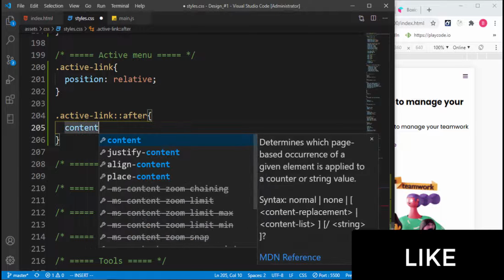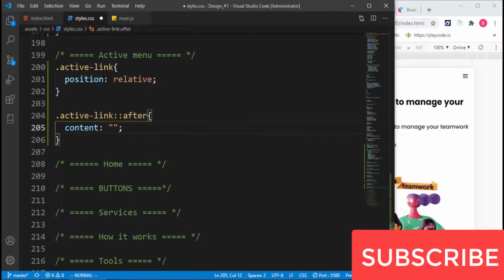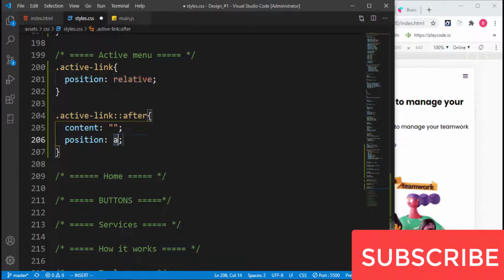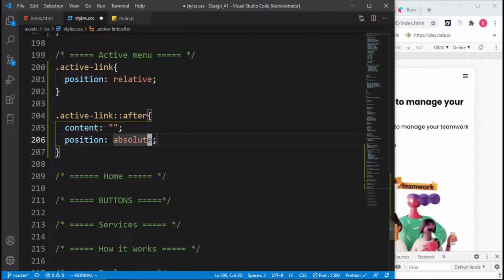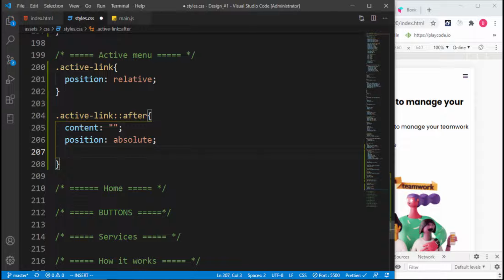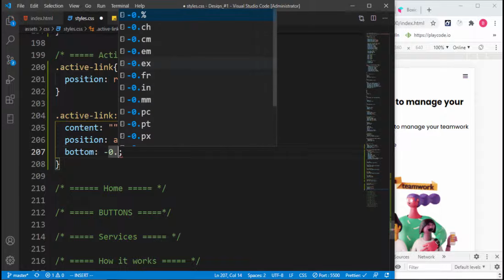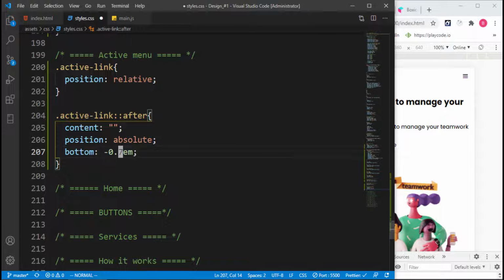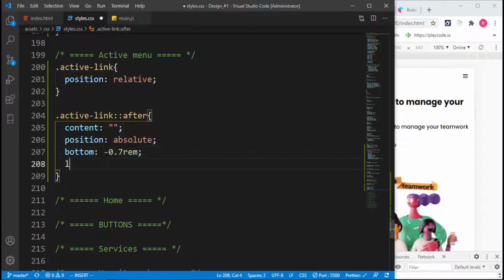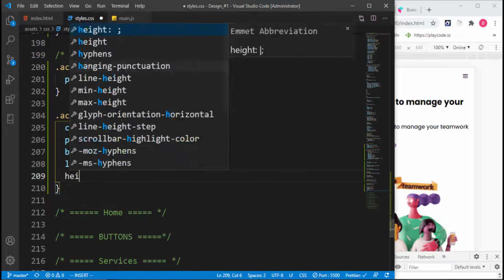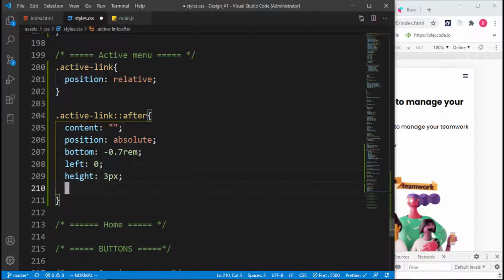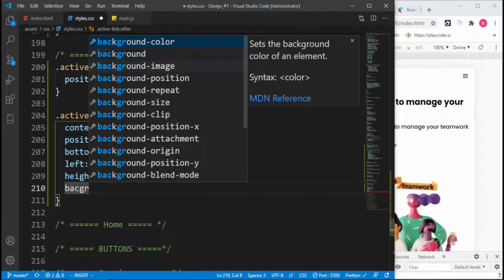It is going to have a content of empty string, and we're going to have a position of absolute. That's why we gave the other one a relative position, because we also want the bottom to be a little bit down. And let's use rem over here, left of 0, height of 3 pixels, background color, first color,